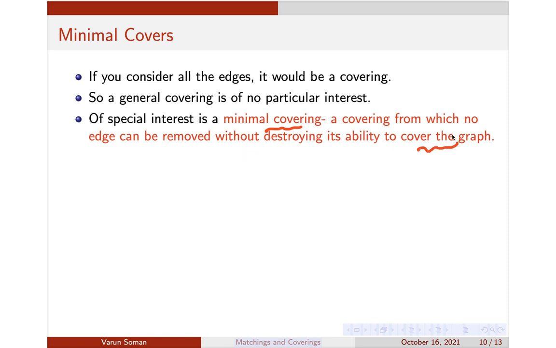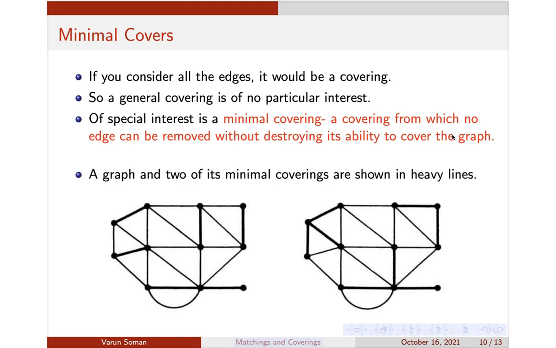We have already discussed this concept. Here are examples of some minimal coverings. Basically the same graph has been used, and two different minimal coverings are shown here. Using the dark line, I'll mark it if it's not clear for you. This is there, this one is there, and so on. You can see that all the vertices have been covered here. Every vertex has been accounted for. So this is a minimal covering, because if you delete one edge from this covering, it will not cover all the vertices. Suppose I delete this edge, this vertex will not be covered. If I delete this edge, again this will not be accounted for. So that's the idea. It's a minimal covering.